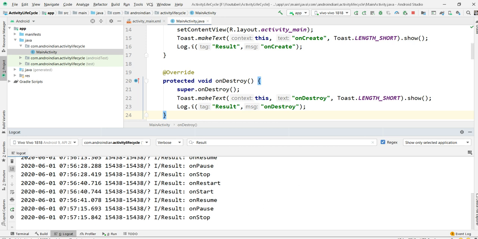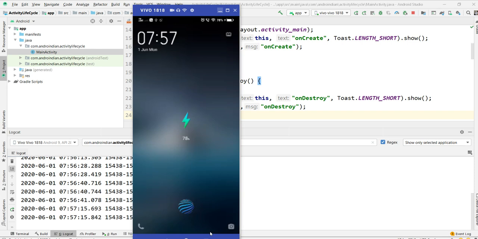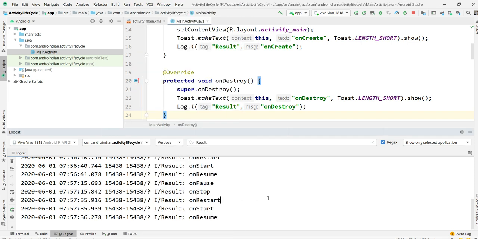See, again my phone went to lock, and again I'm unlocking; it's onRestart and onResume, and the process continues. These are all very important, and also very important for interviews.